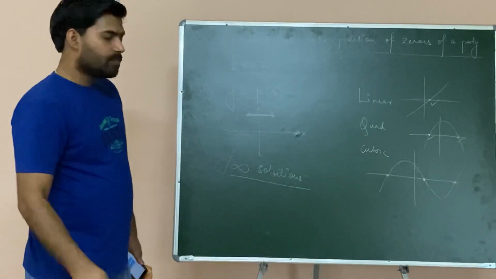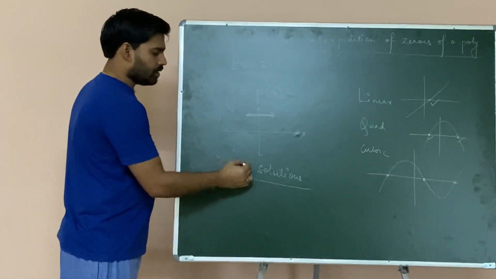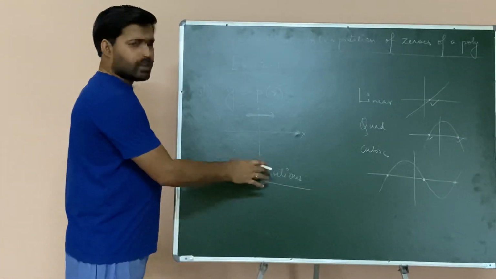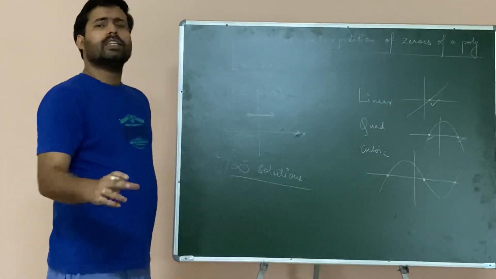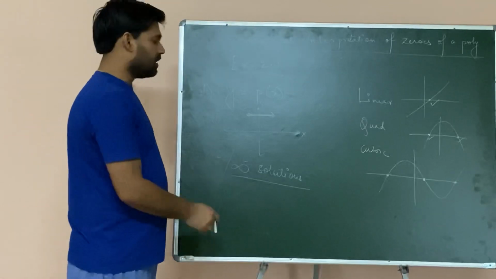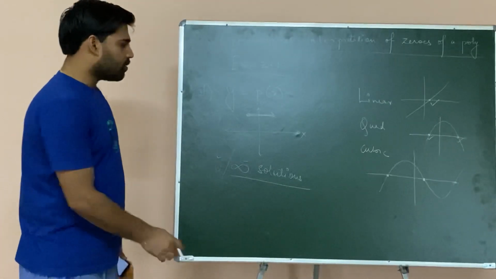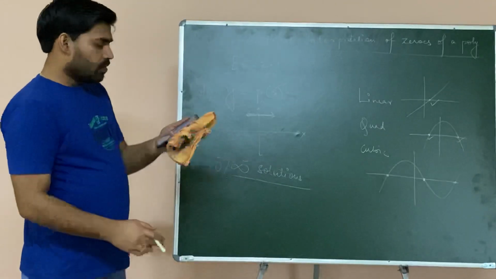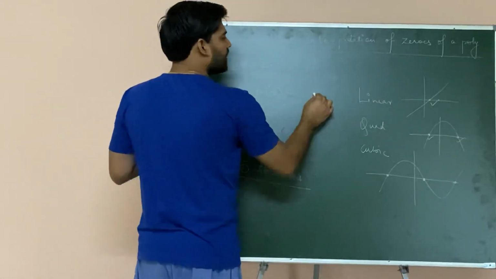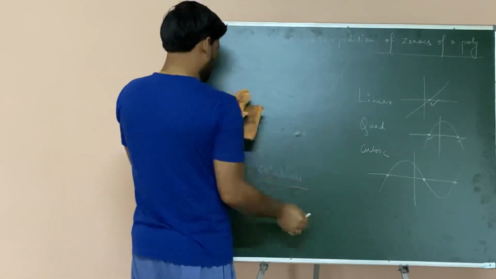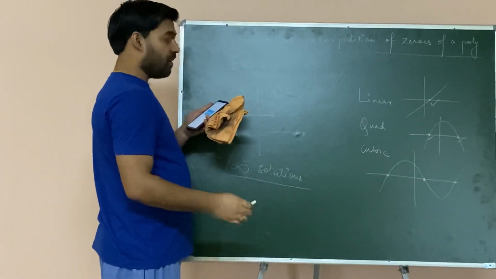Now there might be some confusion in someone's mind about why 0 and why infinite. Regarding this, let us keep it up to here only. In the chapter on linear equations, I will start from here, why infinite solutions are spoken about. So I'll talk about this thing later on. Moving on to the second question. The graph is like this. So, find the number of zeros.